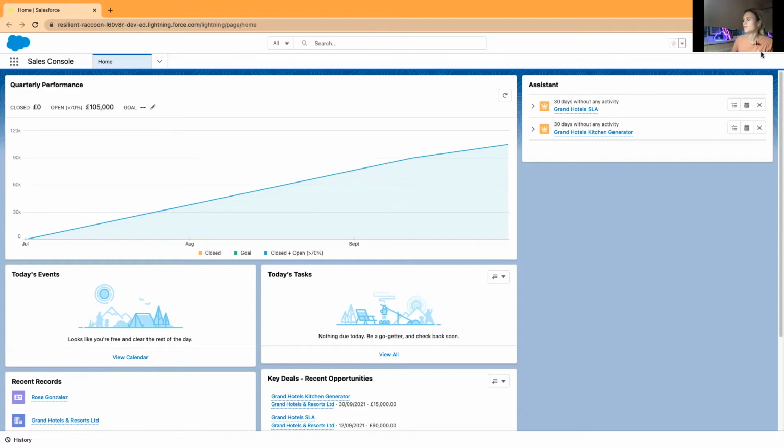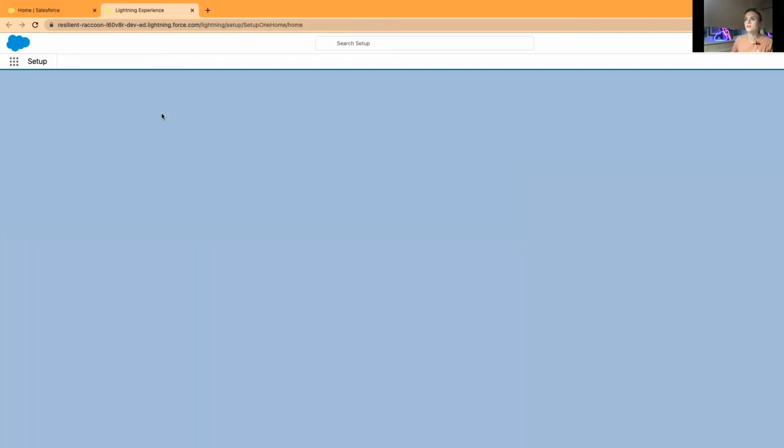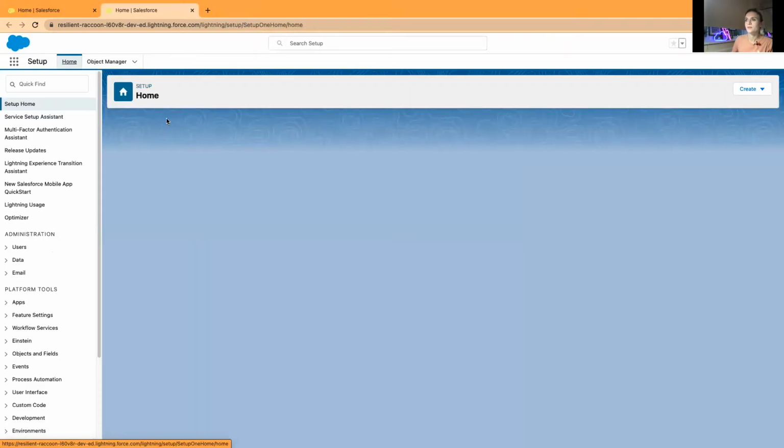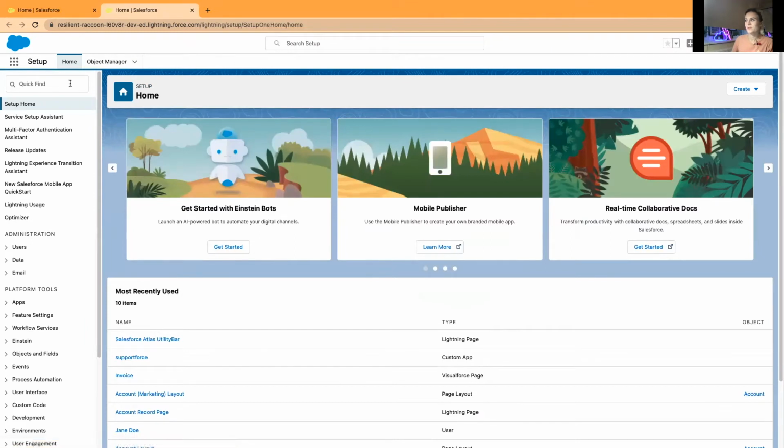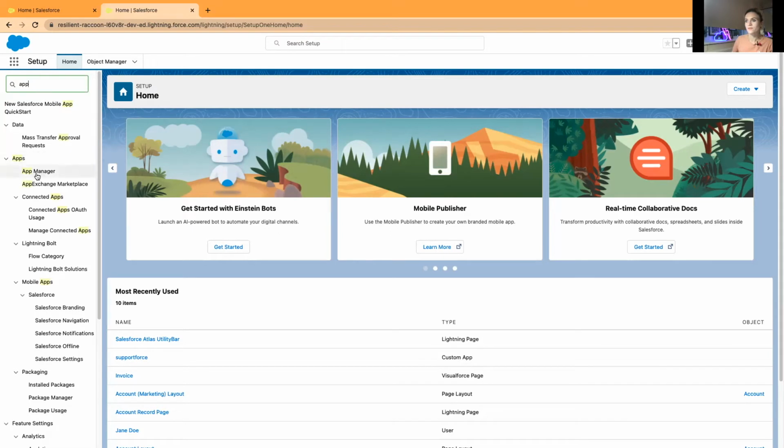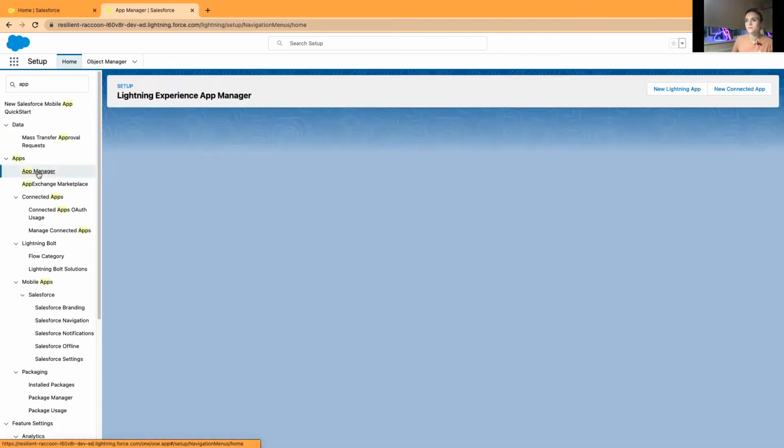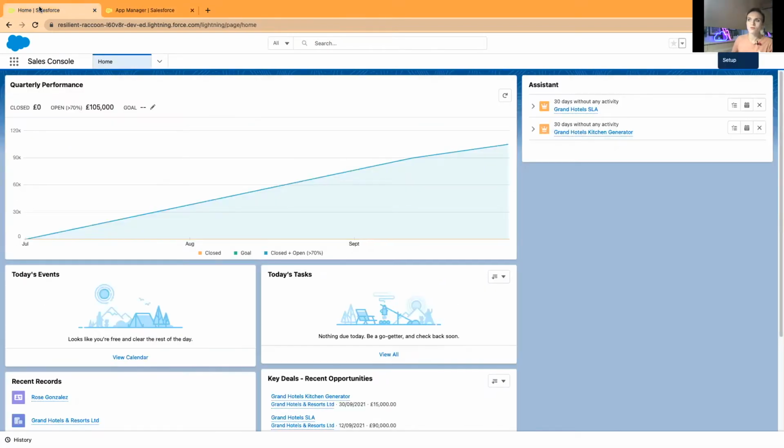And I will go to Setup. So that's going to be the backend of our Salesforce system where you can configure everything. Our App Manager is here to manage apps. And just quickly before I start with the configuration,